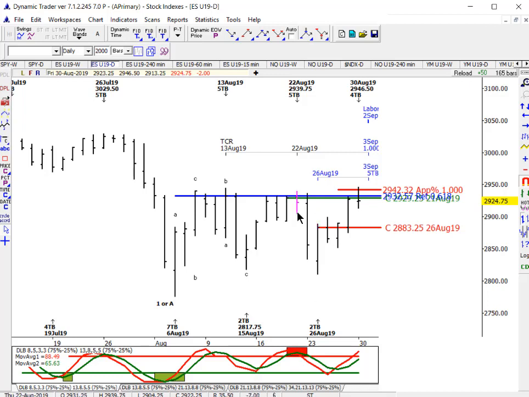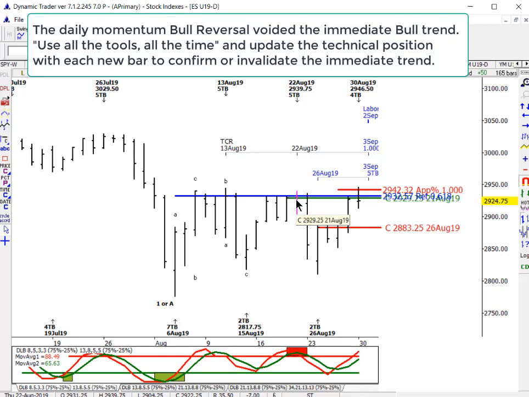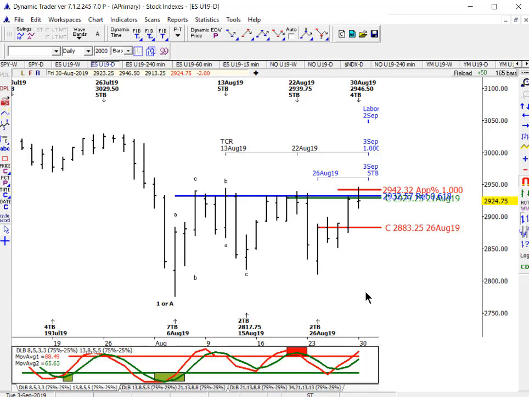Where we made this ideal setup right here to have completed a wave 2 or B correction, down sharply the next day, but the following day a reversal, and 2 days later a bull reversal. And our weekly momentums have made a bull reversal. So that's why we follow up. We don't want to have